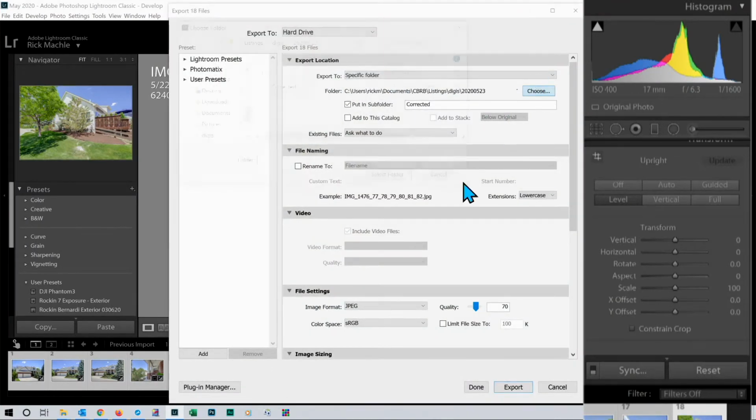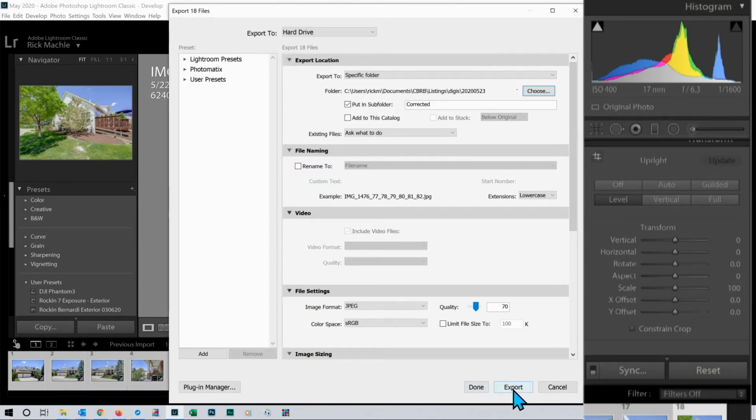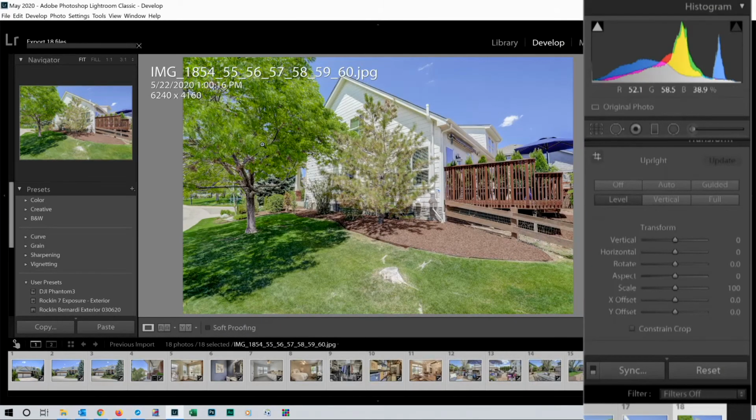And I'm going to choose the date. In this case, it's already on the correct date. I'm going to select it, and I'm going to click Export. So now all the exterior images have been finished, and we're going to go ahead after this gets done and